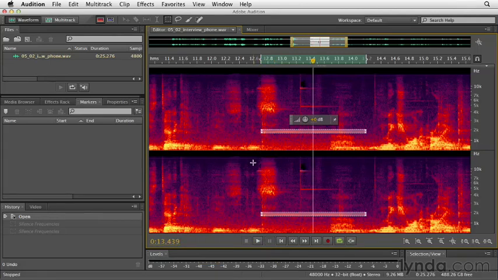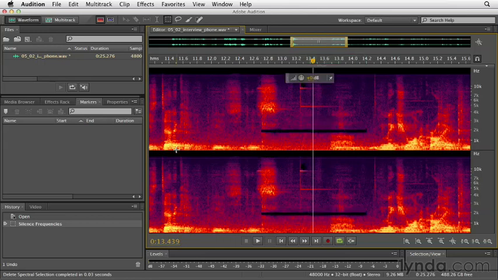So with the selection made, I could just use the amplitude controls here and reduce the volume of the sound. This might be useful if you have a background noise that isn't exactly unwanted, but just might be too loud. But in this case, I want to completely eliminate the sound, so I'm just going to press the delete key on my keyboard. I'll press Command or Control D to deselect,